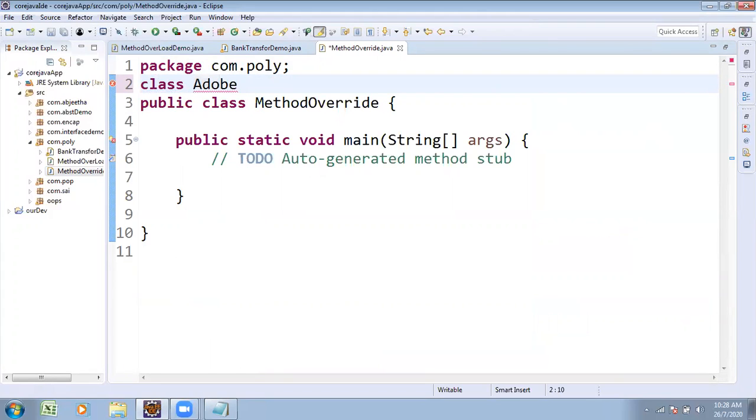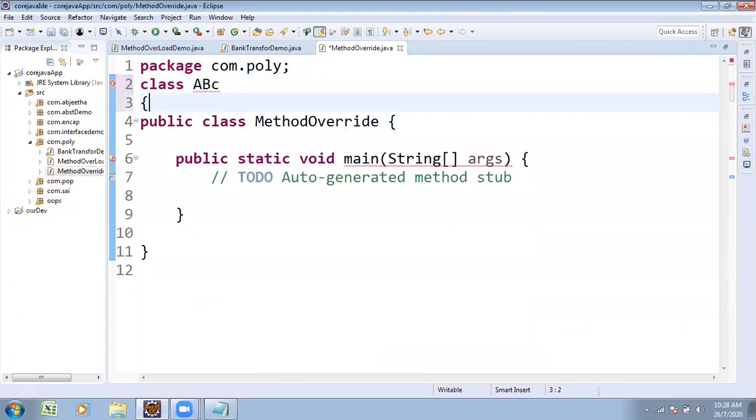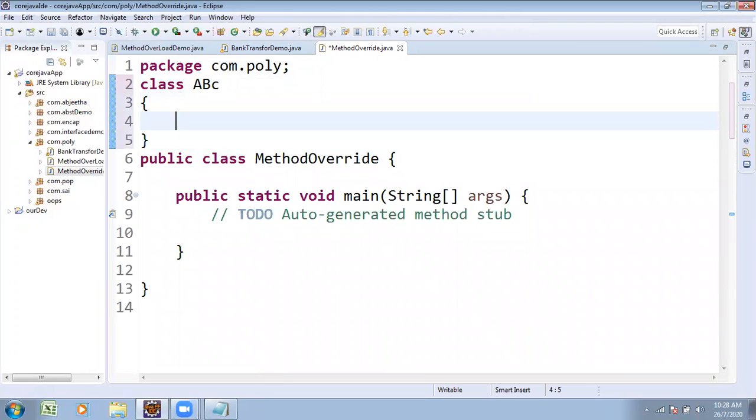Try to see a class, some class name, class ABC. Observe, you are working with Adobe Photoshop, Adobe Reader. Some versions come into existence. For that version, I want to give some description.